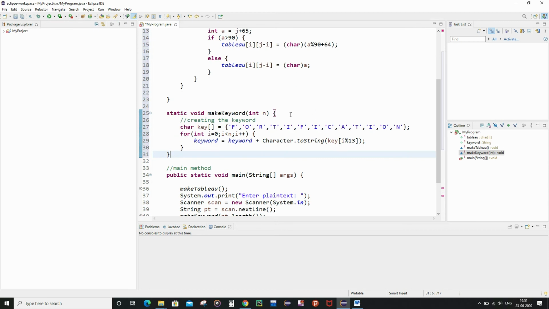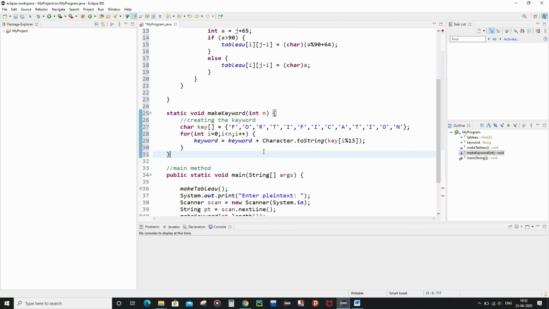As you can see, this function is accepting one argument, which is integer n, which is nothing but the length of the plain text, and as I had already mentioned, it will make use of the characters present in the keyword, which is fortification, that is the characters F, O, R and so on, and it will try to make a keyword out of these characters only in the same order as we have in the actual word, but in a cyclic manner, and the length of the keyword will be the same as the length